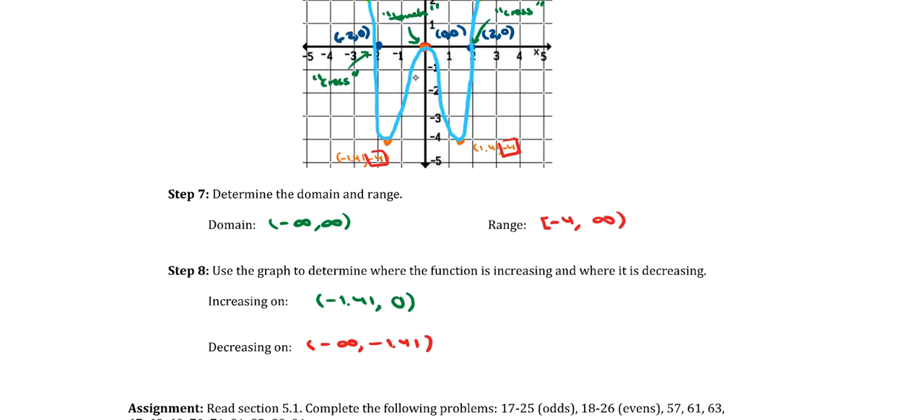So I'm going to union this piece for decreasing with parentheses 0, comma 1.41, and then you reach this second absolute and local minimum, and then the rest of the graph increases from there on out, and that's going to happen between the x values of 1.41 and positive infinity. And that is a complete analysis of the graph of this function f of x, and that's where I'm going